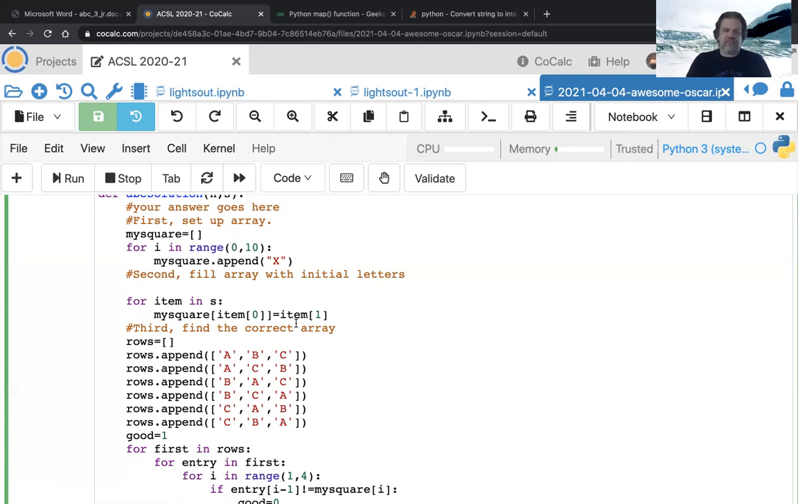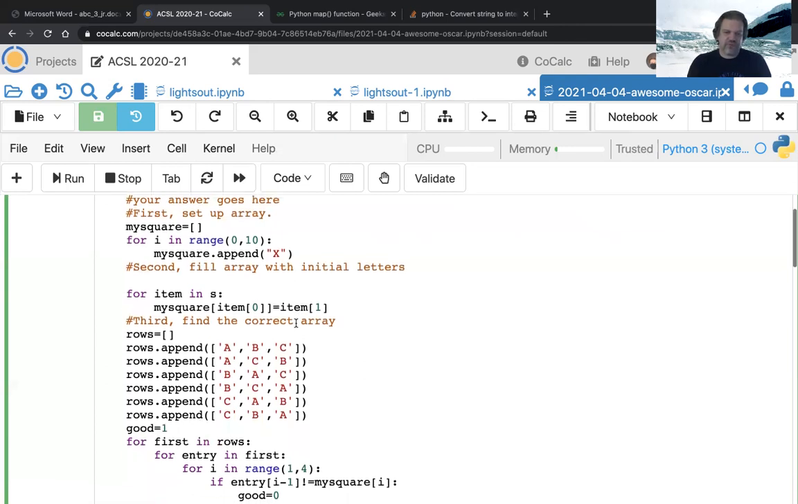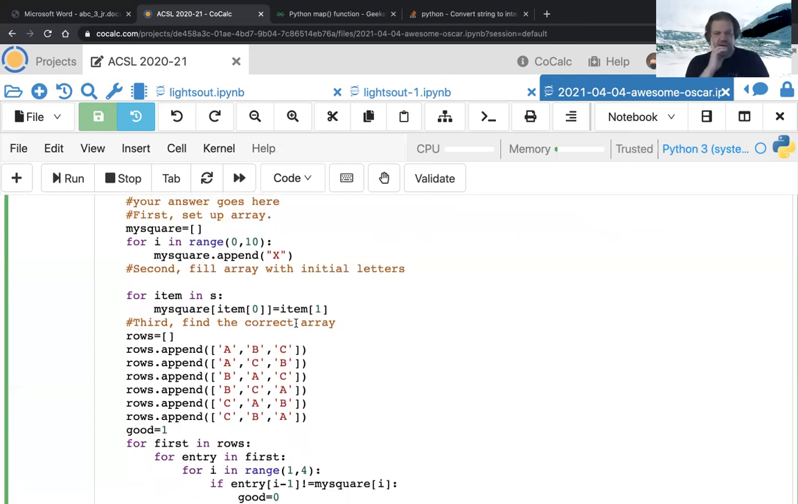And so what I ended up doing, you can see for the first row, if you look at the bottom, I said for first in rows, so I'm going to pick something to be the first row. I start with ABC, and it's for entry in first. Getting the ranges right is a little bit tricky, and I haven't actually run this yet, so I'm not sure I got the ranges right. But for each entry in the first row, if the entry is not equal to what I've already got filled in the square, and I'm just reading through this code,